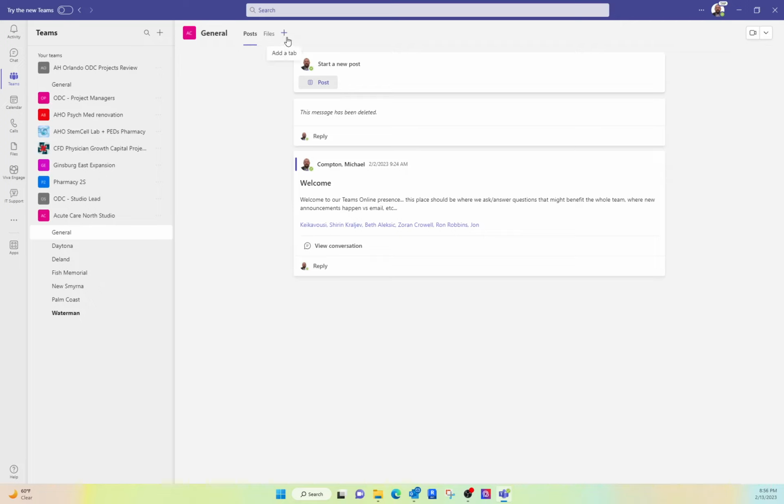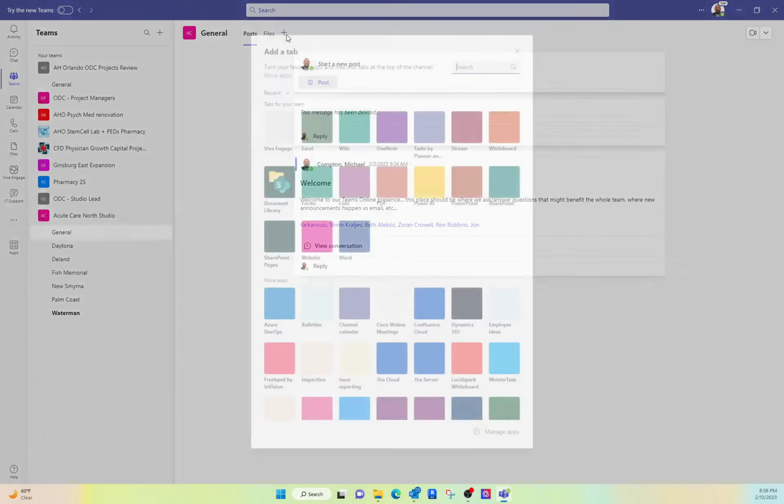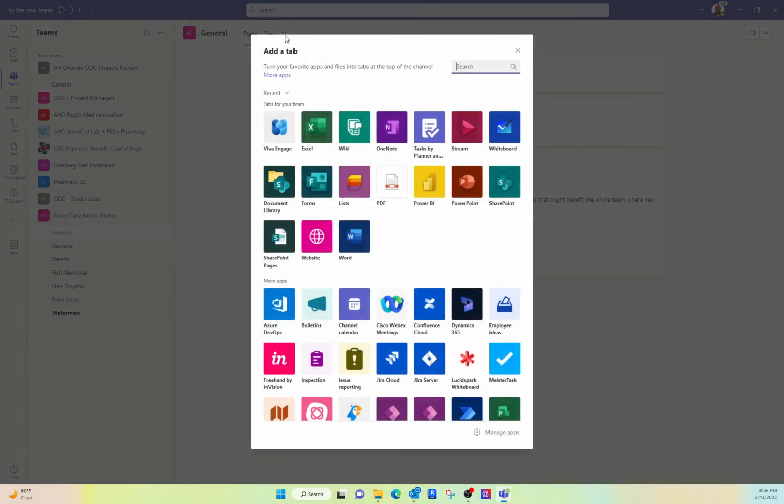In addition, you can hit this add a tab, and then it'll say what kind of tab or what kind of information do you want to add. Do you want to do a calendar? Do you want to do issue reporting? Do you want to do a whiteboard? What do you want to do here? PowerPoint. I'm going to actually upload a Microsoft Word document that I think is useful for all of us, and